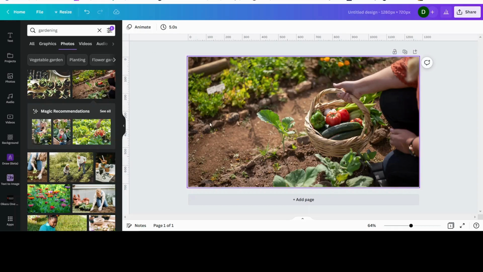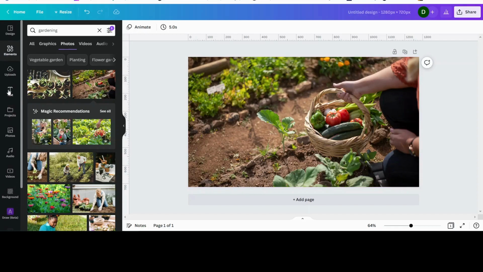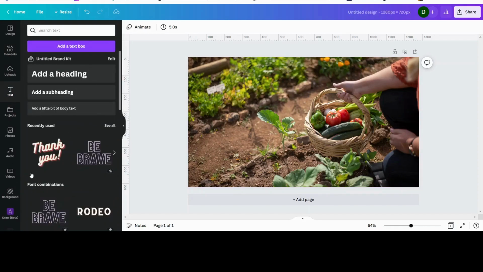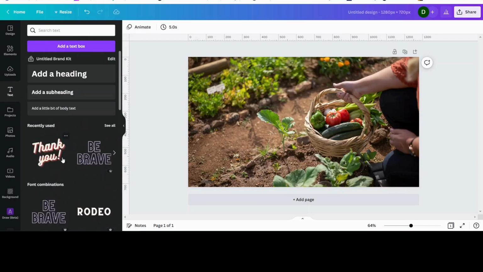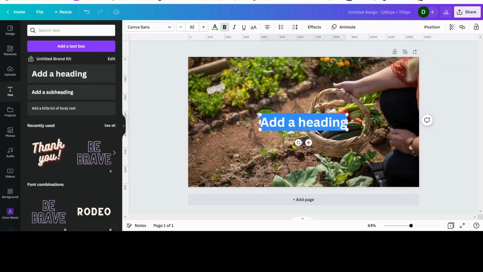So next, what you want to do is to add some text, of course. So once you're happy with it, you go up to your left-hand side and you scroll up to the text. You click the text button, and you'll have an option. A lot of it is pro, so I would suggest you just go straight to add a heading. You click that, and then it comes up to the image, and you type in what you want. Now in this case, I'm just going to type growing your first garden. Now of course you can't see it, it's in black, so